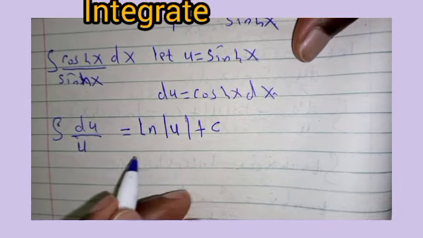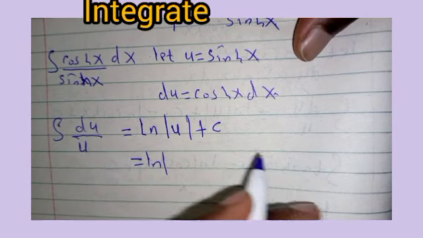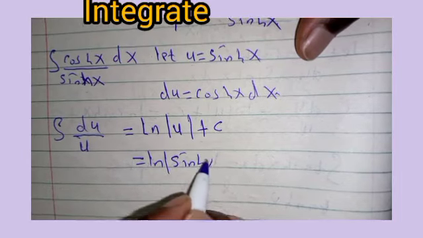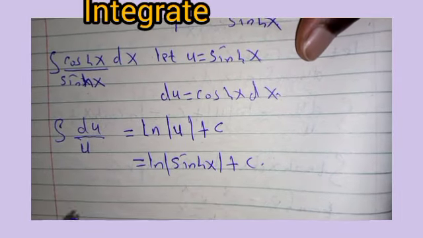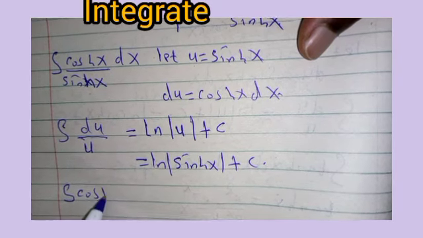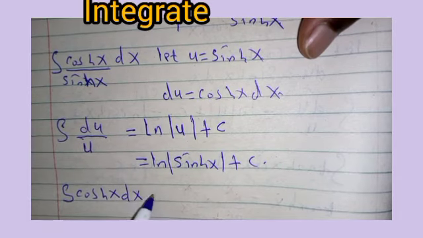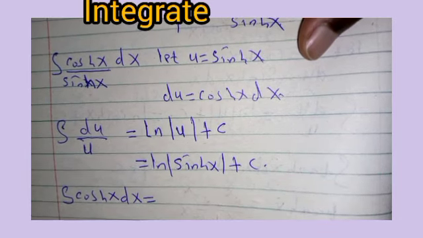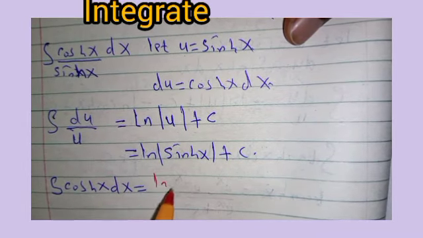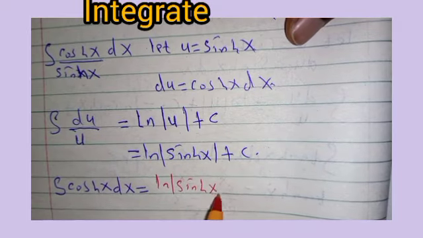When you substitute back, since we let u be hyperbolic sine of x, this will give you natural logarithm of hyperbolic sine of x plus c, meaning that when you integrate hyperbolic cot of x with respect to dx, the result will give you natural logarithm of hyperbolic sine of x